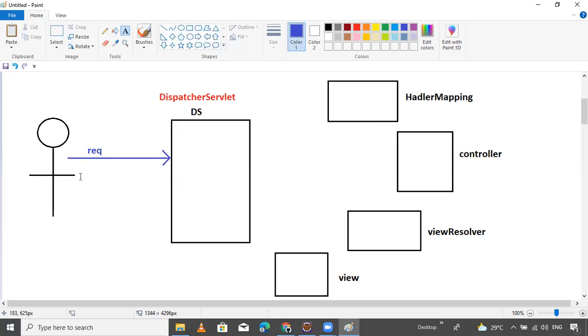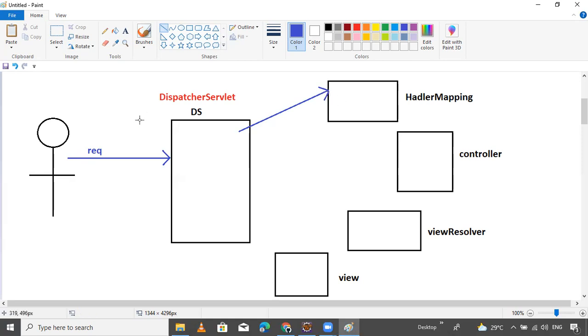The dispatcher servlet receives the request, and then the dispatcher servlet will interact with the handler mapping. Why interact with the handler mapping? The dispatcher servlet interacts with the handler mapping. This is our handler mapping class.